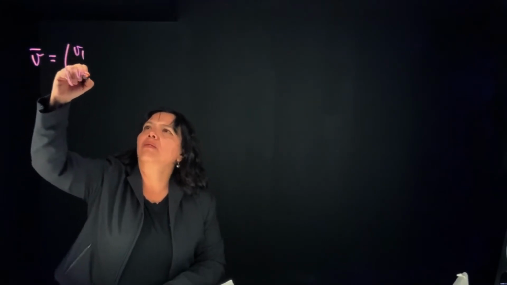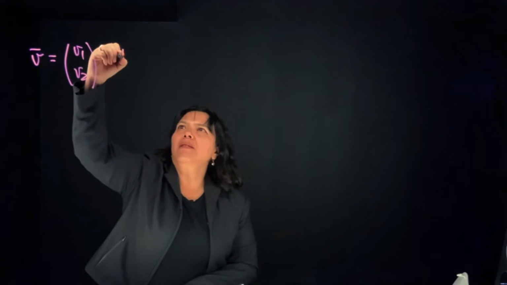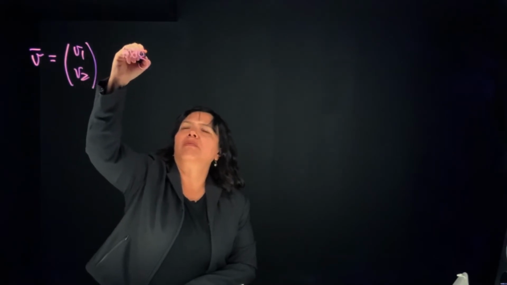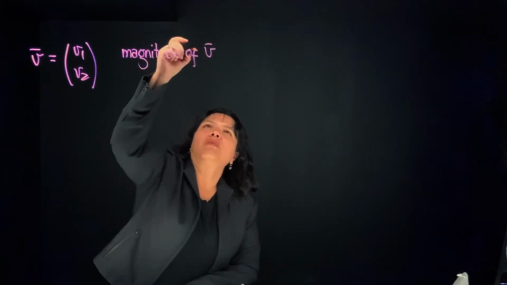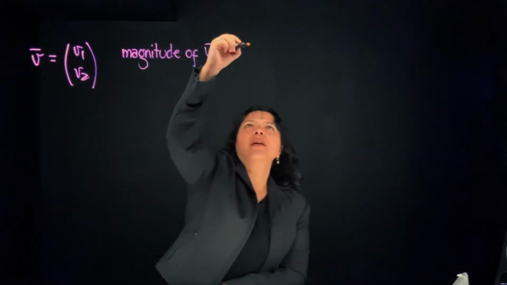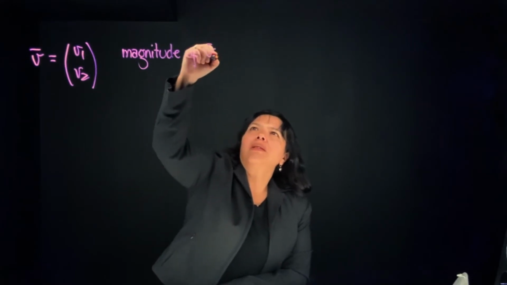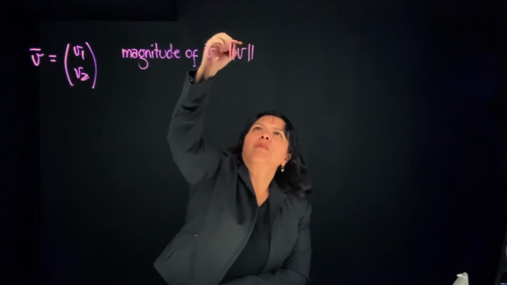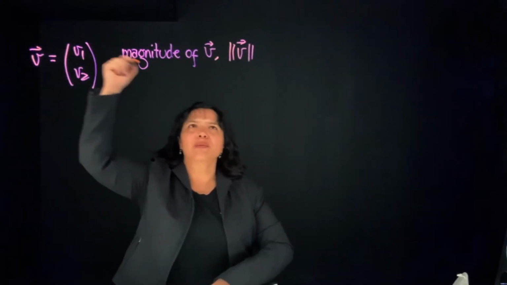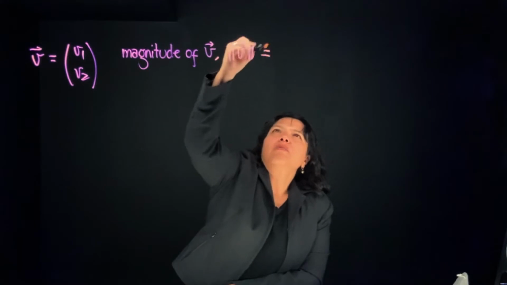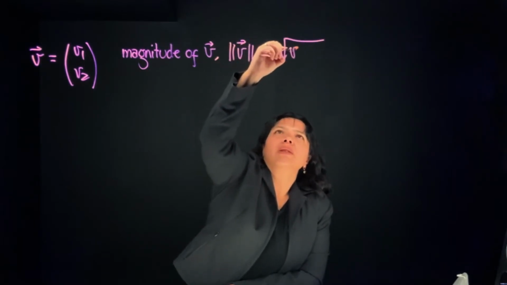Okay, one of the concepts that we also need to review is, if I have V, the vector V1, V2, the magnitude of V is just a number, and it's denoted by these double bars of V, and V is a vector, so let me make sure that I have an arrow that sometimes I forget to put, and that's the square root of V1 squared